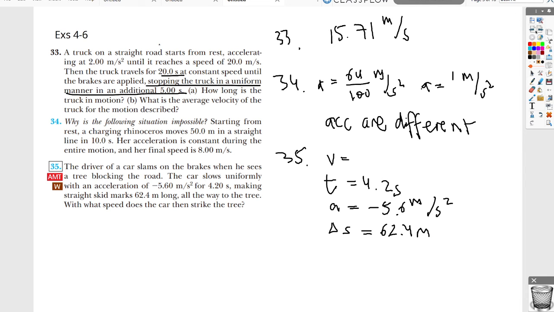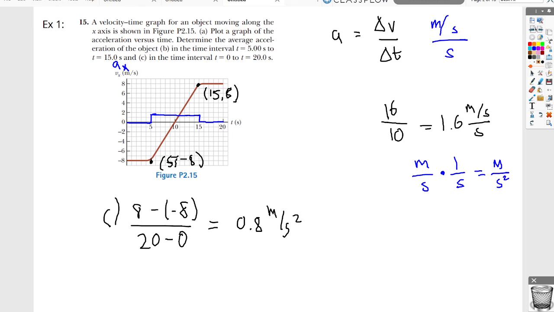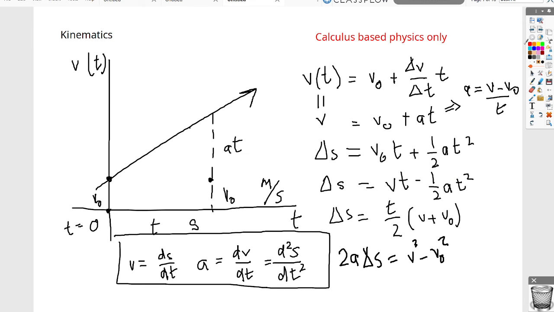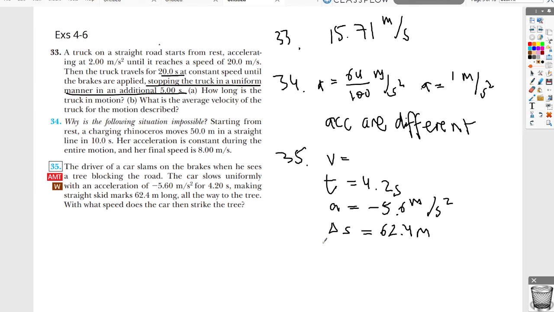Now, we have all of the quantities that we need for equation 3. So let me write it right here, equation 3: delta S is equal to vt minus 1/2 at squared. So let's use that. And I'm going to solve for v, so I don't have to put numbers into the equation, because that's going to take too long. So v is equal to delta S plus 1/2 at squared, over t,